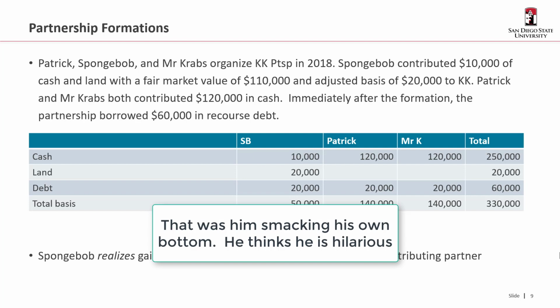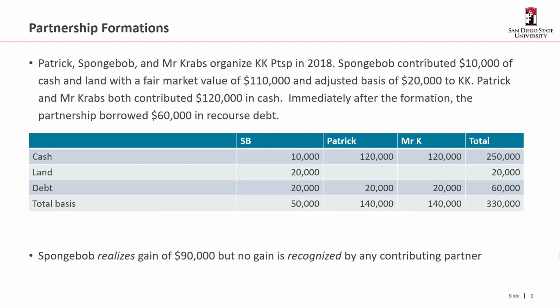Okay, so Patrick, SpongeBob, and Mr. Krabs organized the Krusty Krab partnership in 2018. SpongeBob contributes $10,000 of cash, and